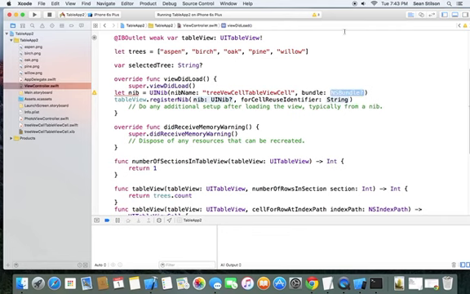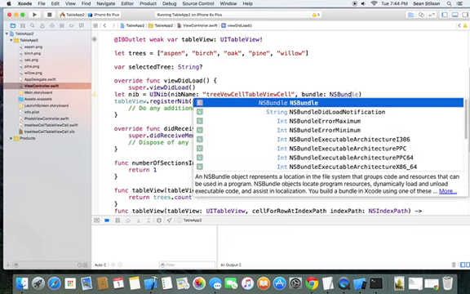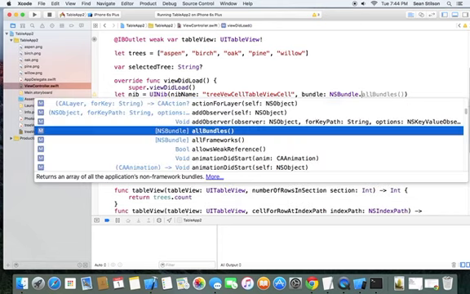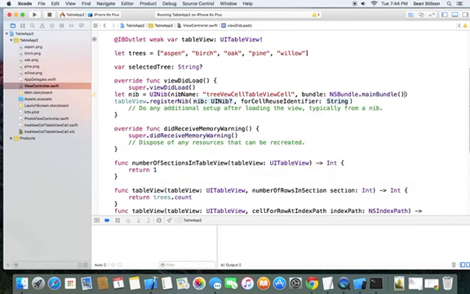NS is the old NeXTSTEP, so this guy is not a UI class. This is actually a built-in framework class. So to get the bundle, we say NSBundle.mainBundle. That's a static method on NSBundle called mainBundle, which basically gets the bundle associated with the application. And now we can pass that,